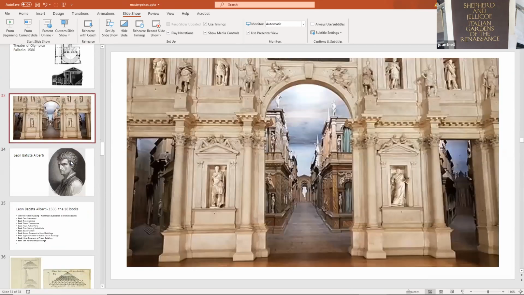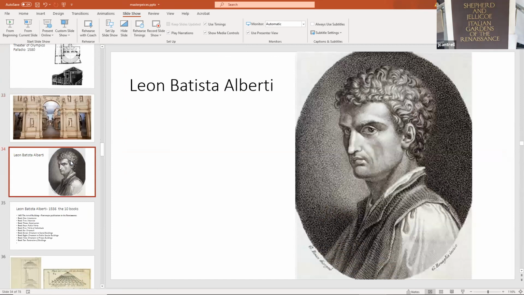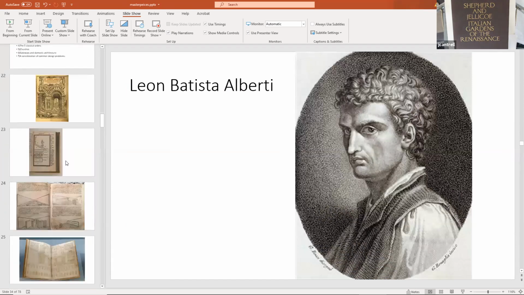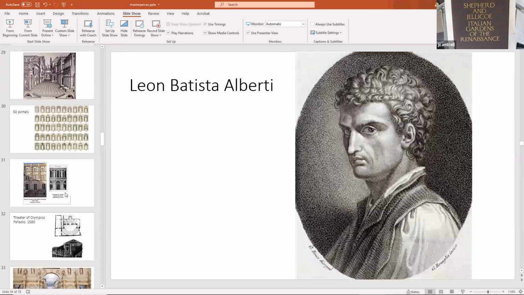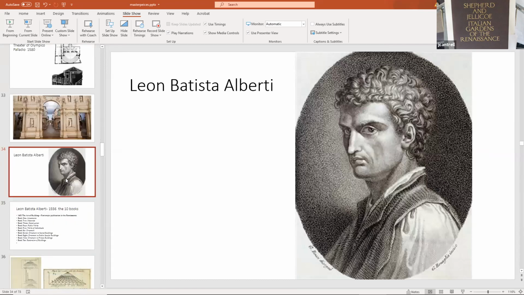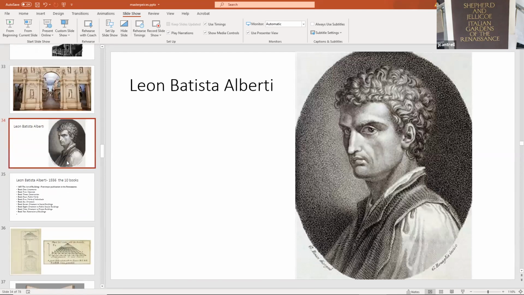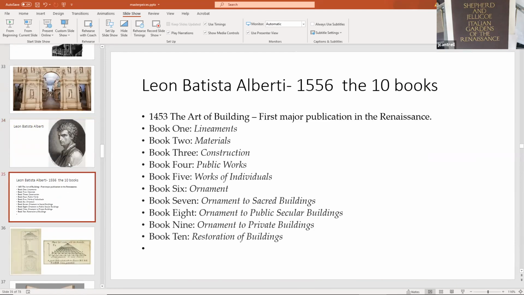So the next architect I'm sure you've seen or heard about is Leon Battista Alberti. It's interesting to see their faces. When I was a kid studying architecture, I kept asking my mom, why are these people not smiling? And I was probably 3 years old. My mom said they were serious about the work. And that's exactly their personality. They were very dedicated and very passionate about the work.